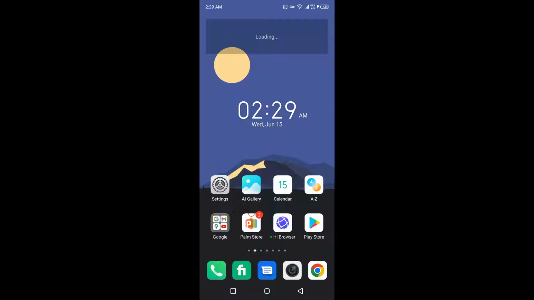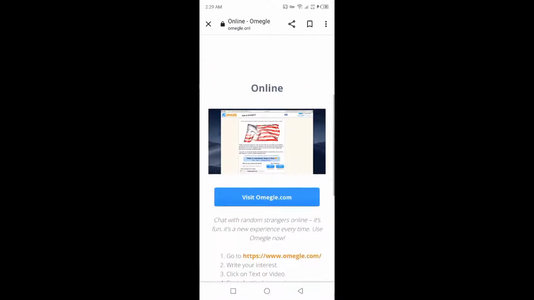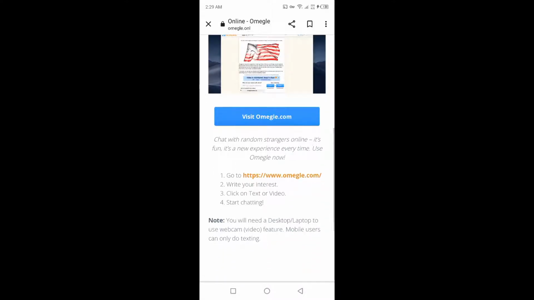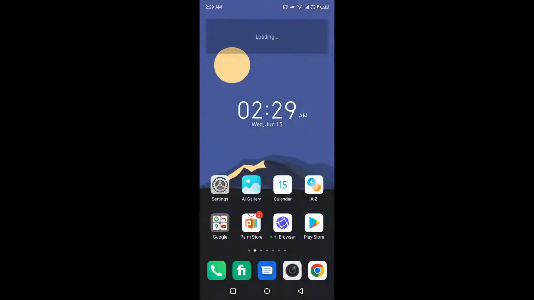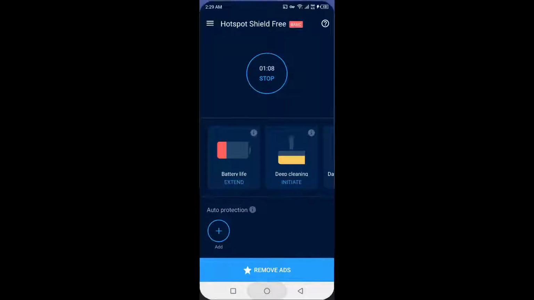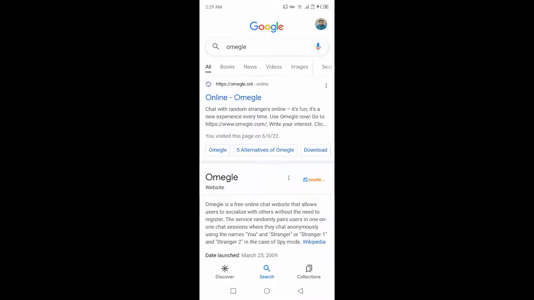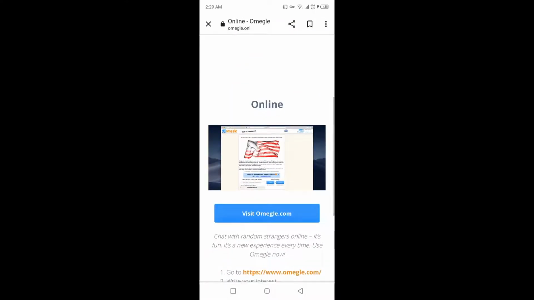The first step you need to do is to open Google Chrome and search for Omegle. And once you try to visit, you are unable to do that. So to do this, you simply need to download Hotspot Shield and connect that with your smartphone. Once you've done that, you simply need to visit Omegle and click on visit omegle.com, and now you can see that it is